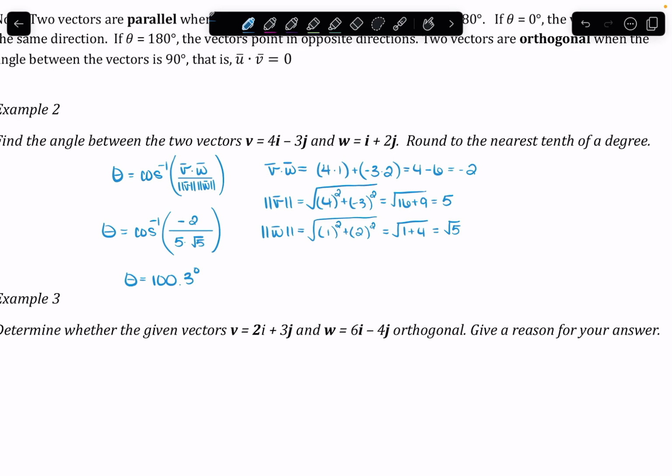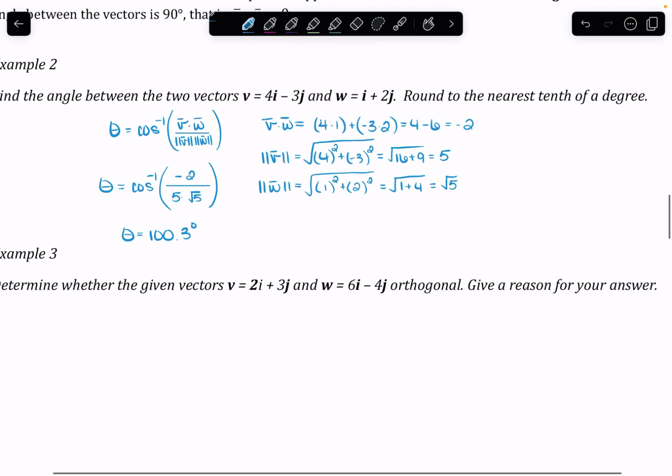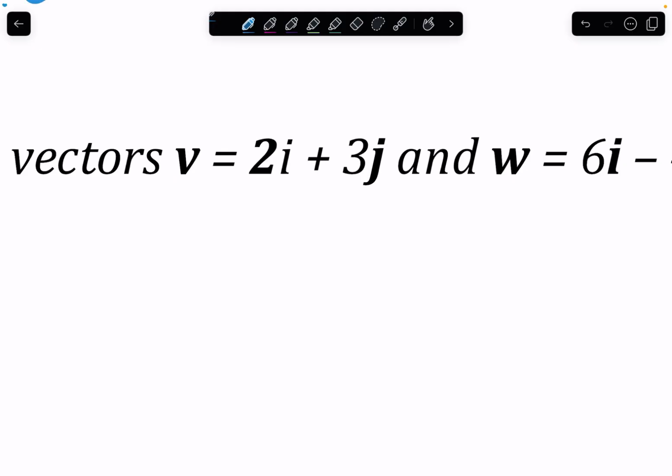But because we're only asked about orthogonal, we technically only have to check the dot product. If the dot product is 0, by definition, they are orthogonal. So that would be a little bit quicker than having to go through the whole process of finding the angle. But if you forget that the dot product is 0 for orthogonal, just calculate the angle just like we did in the previous example. All right, so the dot product